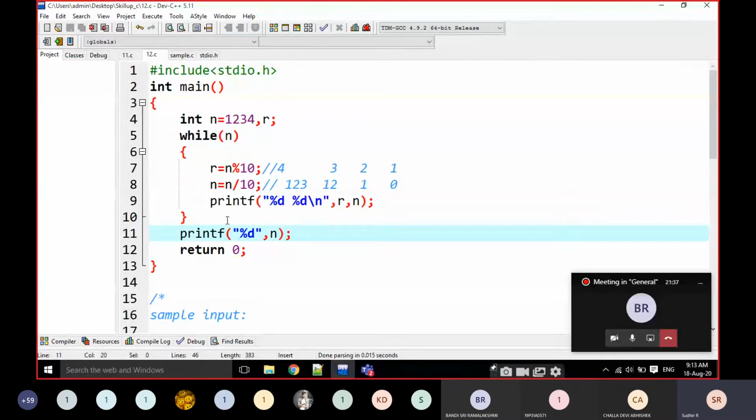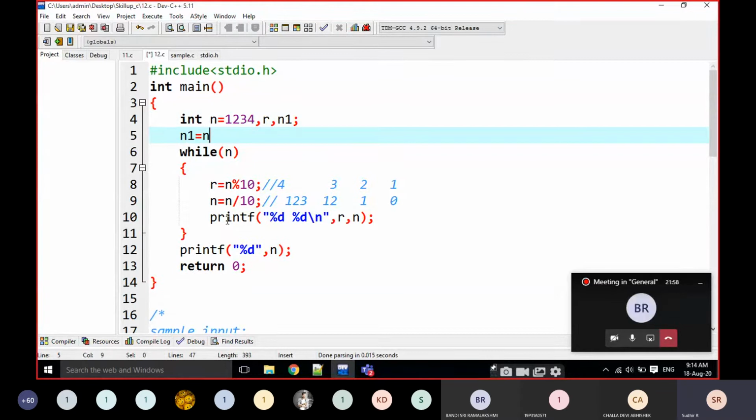That's why, if you are reading any value, after this loop the number becomes 0 here. To maintain a copy, that means if we have to use it after the loop also, then we have to take one copy for this. n1 is equal to n means we are taking a copy of n into n1.